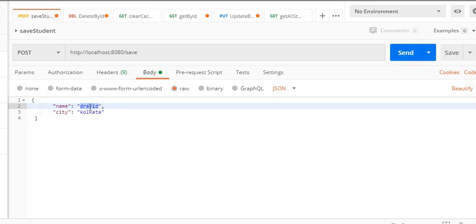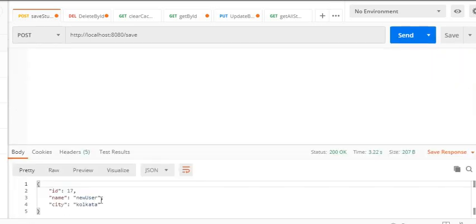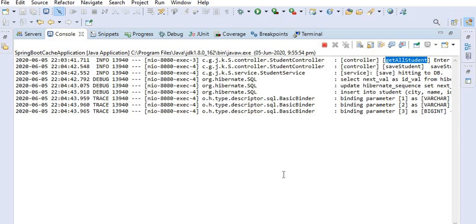So here I will write new user and save it. When it saves, it is also saved into cache and DB, in both memories. You can see the response. New user with ID 17 saved into database and inserted into student table.